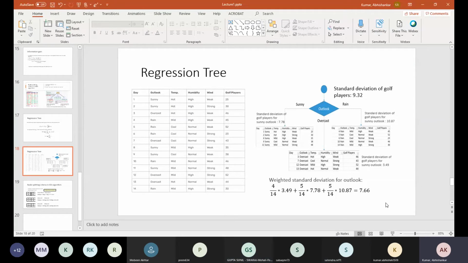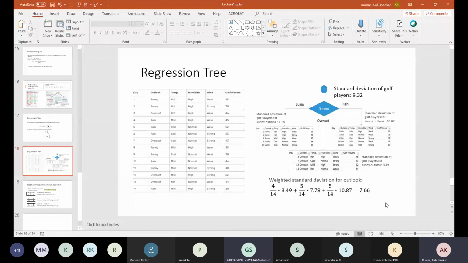Okay, and what about sunny? Let me calculate. What you have to do now is put all this data, put a filter and calculate it. Just do a group by something. Sir, we can calculate it in Excel now. Yes, Excel, we can calculate it.